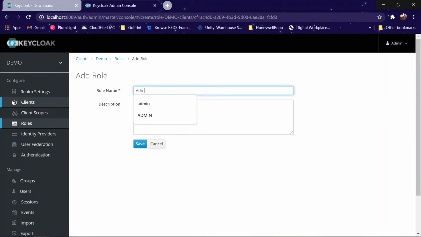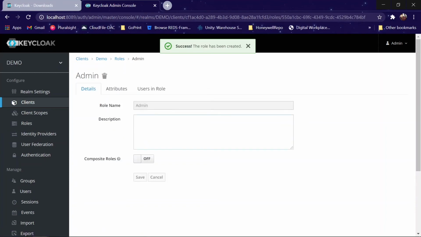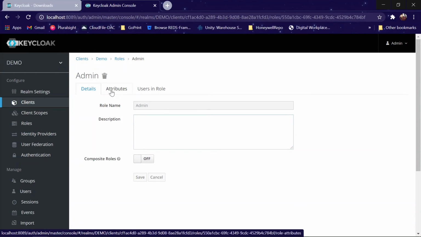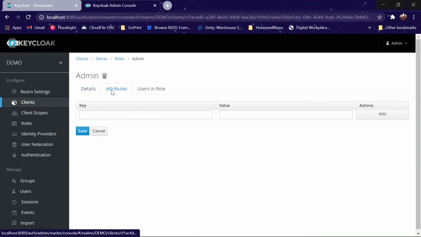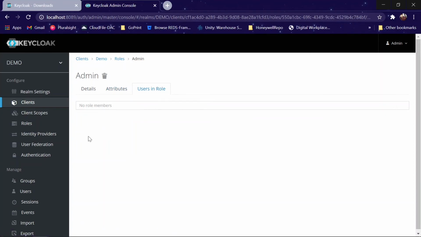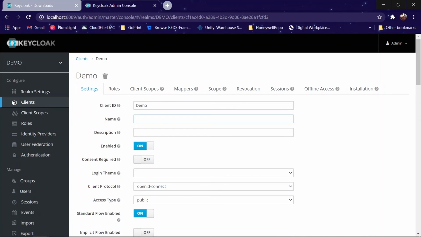For the time being I'm making it admin. It's up to you if you want to have a description or not. Once you have made this role admin, you can go to the users section. Right now there are no users having this role admin, so we will return to our demo client. I have just made an admin role. I will tell you there is a different way also to make the roles. We will come across that later.